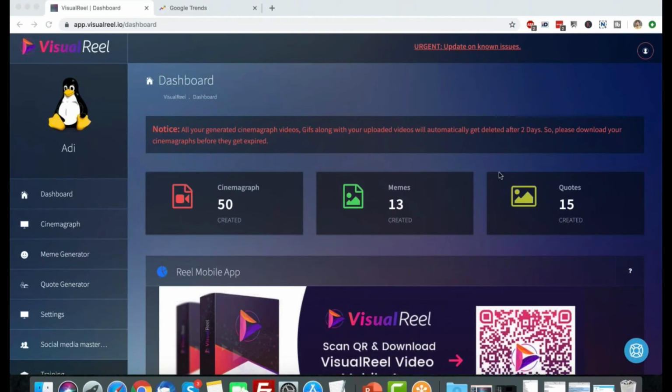These are the three kinds of content in social media right now that get engagement. If you post cute pictures of cats or cute pictures of dogs, that's a different thing. That can again get you engagement. But cinemagraphs, memes, and quotes are the kind of content that trigger people, right? They connect with people. Cinemagraphs make people stop scrolling and focus on your content. And when they focus on your content, they focus on whatever you have posted. They click on your link and all that stuff.